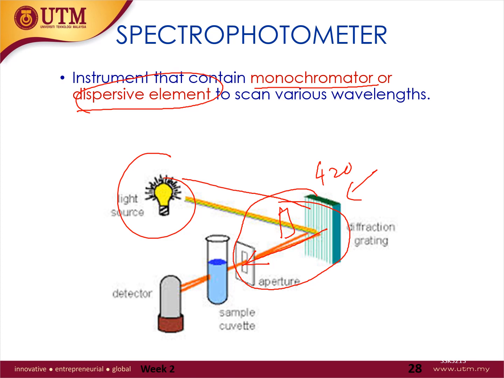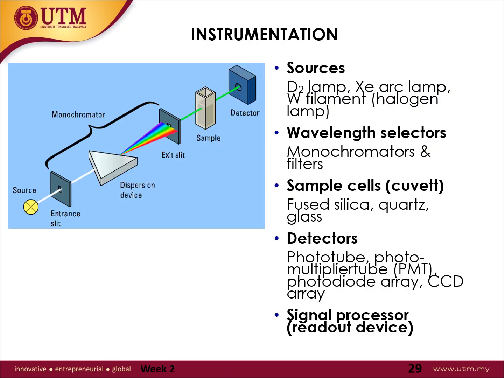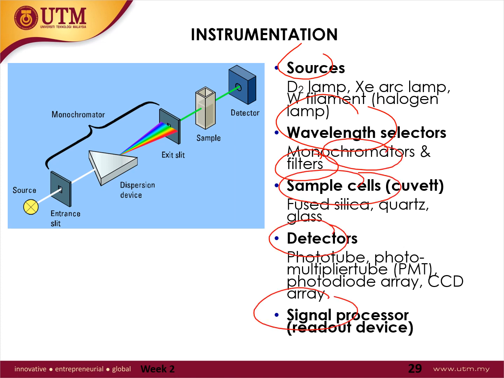Because it has more components, it is more expensive and more flexible. Means it can analyze a lot of wavelengths. Banyak wavelength boleh analyze. This is usually used in R&D industries. Okay, we have a source, wavelength selector, is it filter, is it monochromator, we have a sample, cuvette, detector and so on. Okay, I will go very quickly because we will do